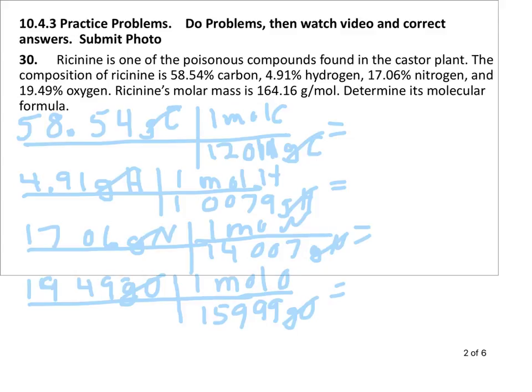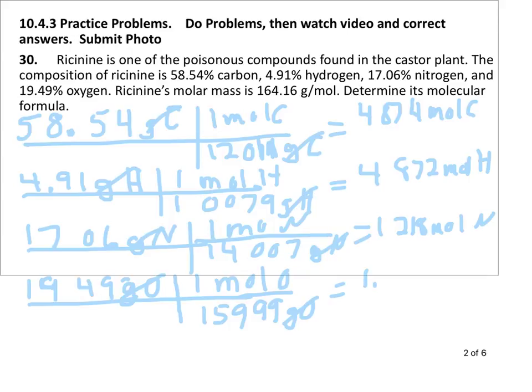And we get 4.874 moles of carbon, 4.872 moles hydrogen, 1.218 moles nitrogen,